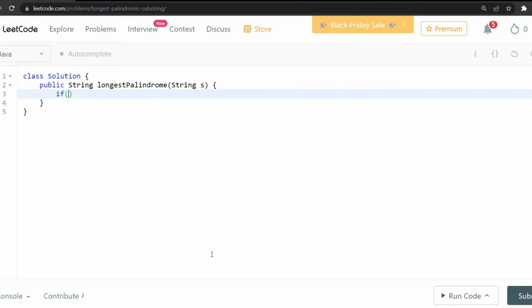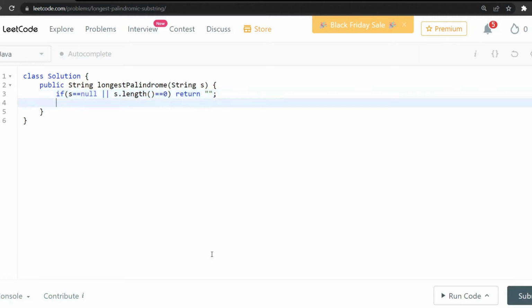So if s equal to null or s dot length equal to 0, we will return s or empty string. Okay, now we have to store the starting index and end index. For that we are initializing start with 0 and end index is also 0. Okay, now we'll start iterating a for loop, I equal to 0